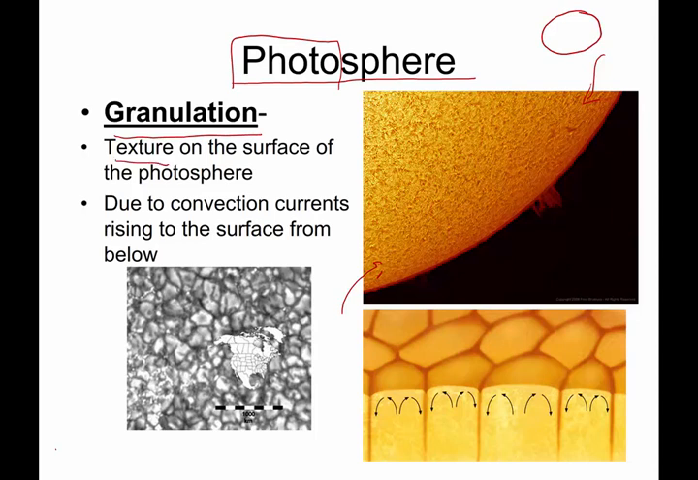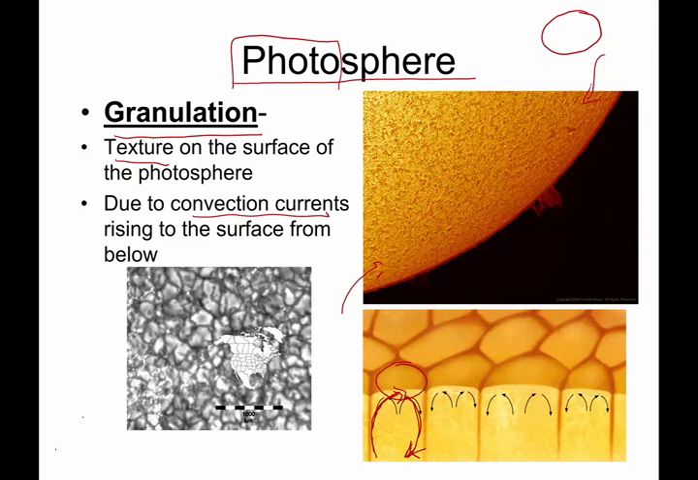This is the texture on the surface of the photosphere, and it's due to convection currents of this hot plasma coming up from deep within the body of the star. These convection currents are going to bring hot plasma up from the surface. The plasma is going to cool slightly and return deep within the star. Now, whenever there is one of these rising currents and then retreating, you get a convection current bubble at the